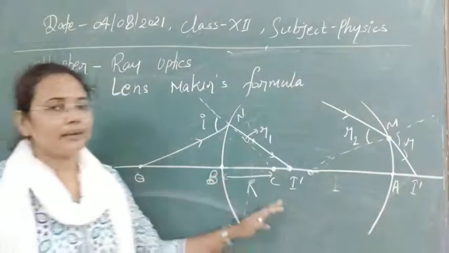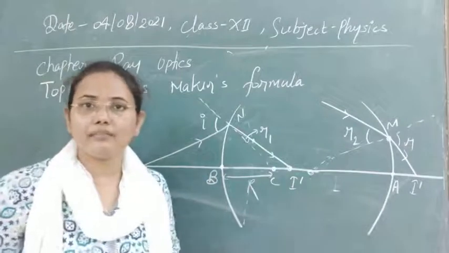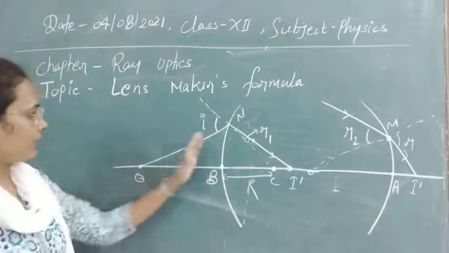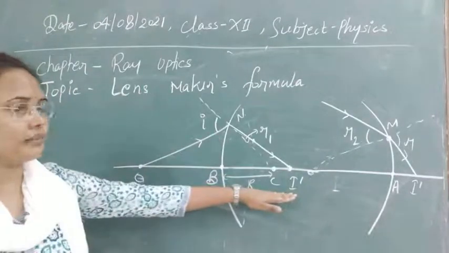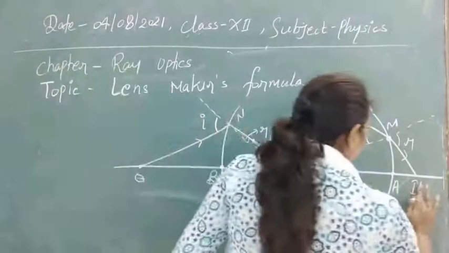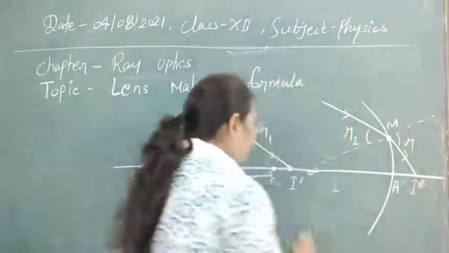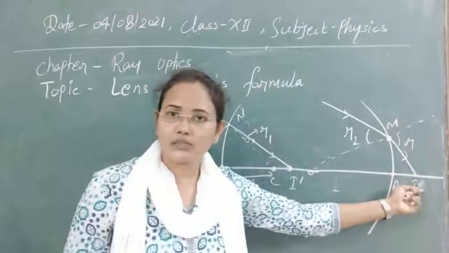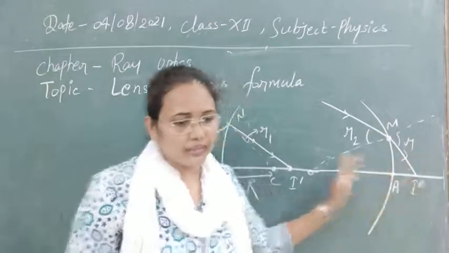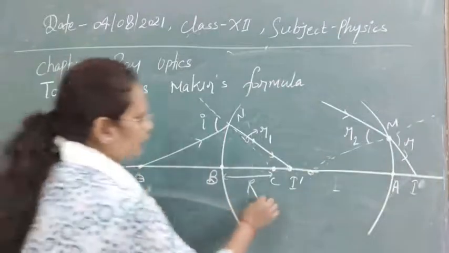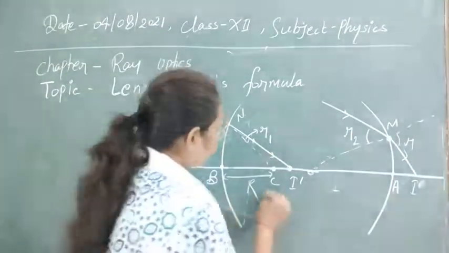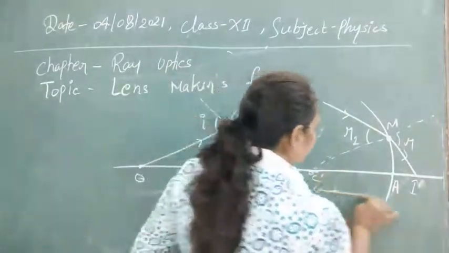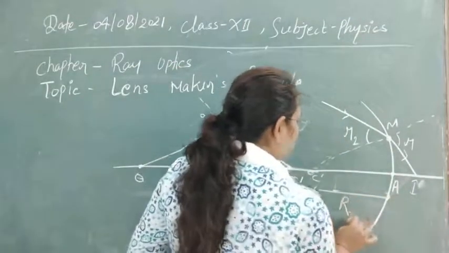So this is the separate diagram to better understand the refraction of light at two spherical surfaces. By the first spherical surface you can understand the image formation, that is I dash. Here it should be I, not I dash. And this I dash, as it is the object for the second one, the image I will be formed here. So I think this is now clear. And one more thing: for this one, the radius of curvature is R1, and this is also C dash we can write. So the radius of curvature is R2 for this.